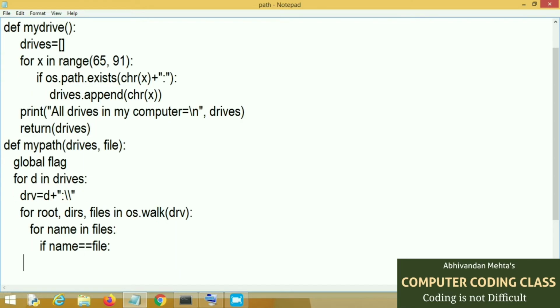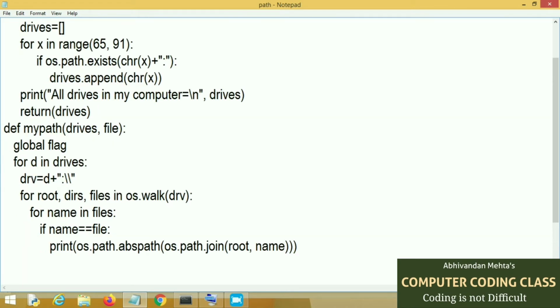If the file is present, then we will print the absolute path of that file name by using the function abspath, then os.path.join, and in brackets we will write root comma name for getting the absolute path of our particular file.